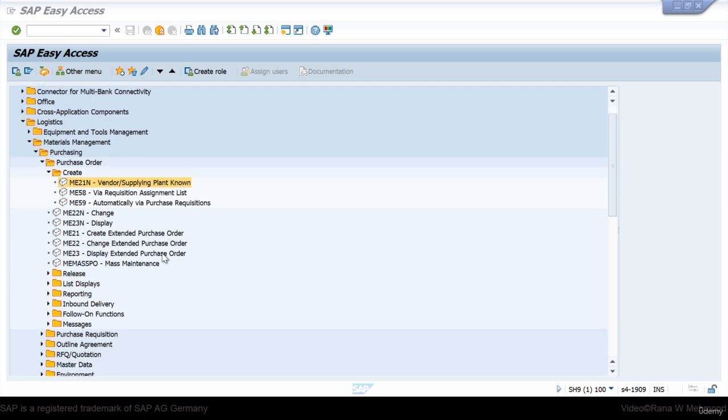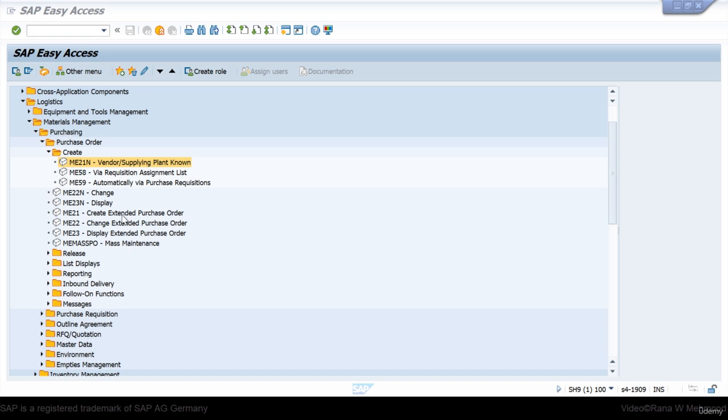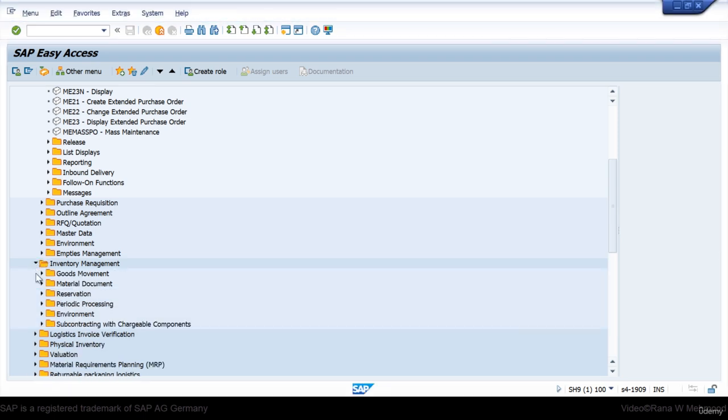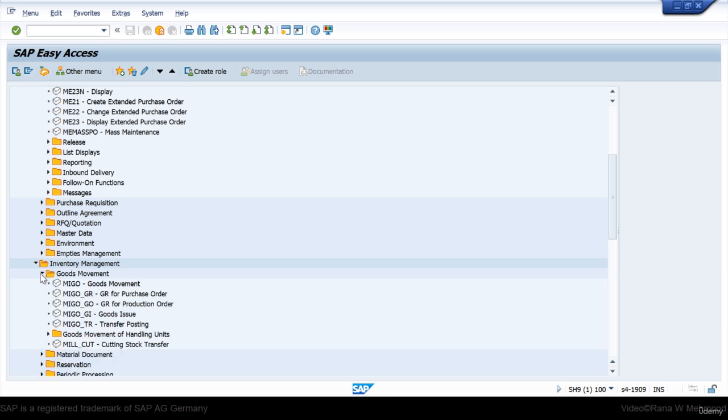In order to do that, I am under the same node, materials management, and under that, if you go to the node inventory management, expand this and then go under goods management, and you have a transaction code MIGO, goods movement. This transaction code is more often used by every company who works on SAP MM or sourcing and procurement module. So if you double click on it,